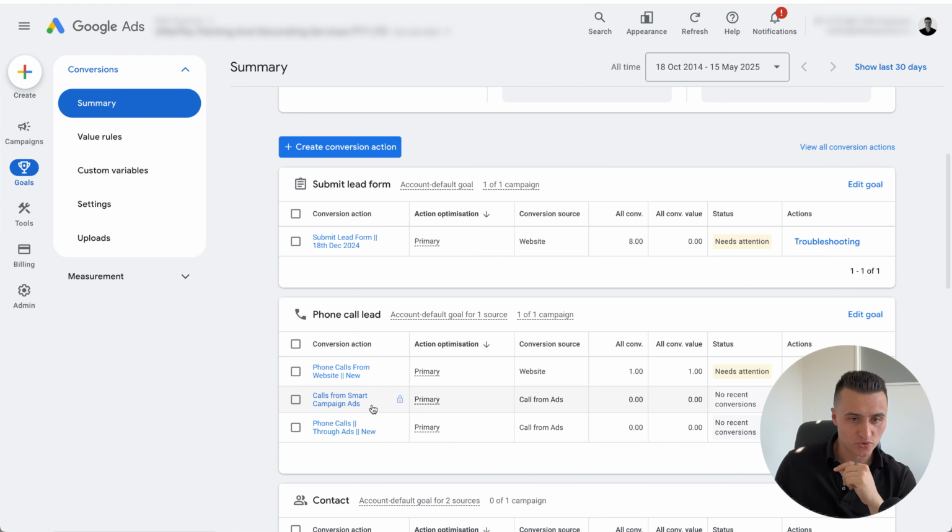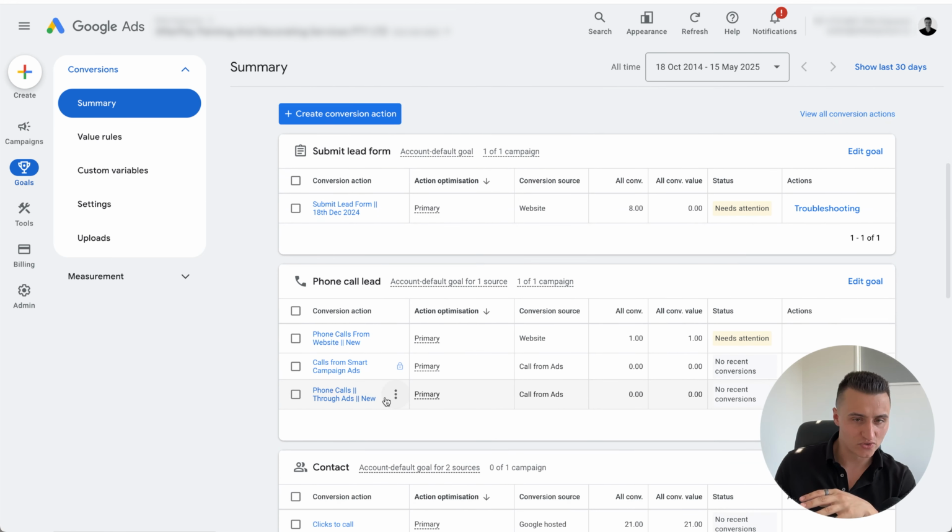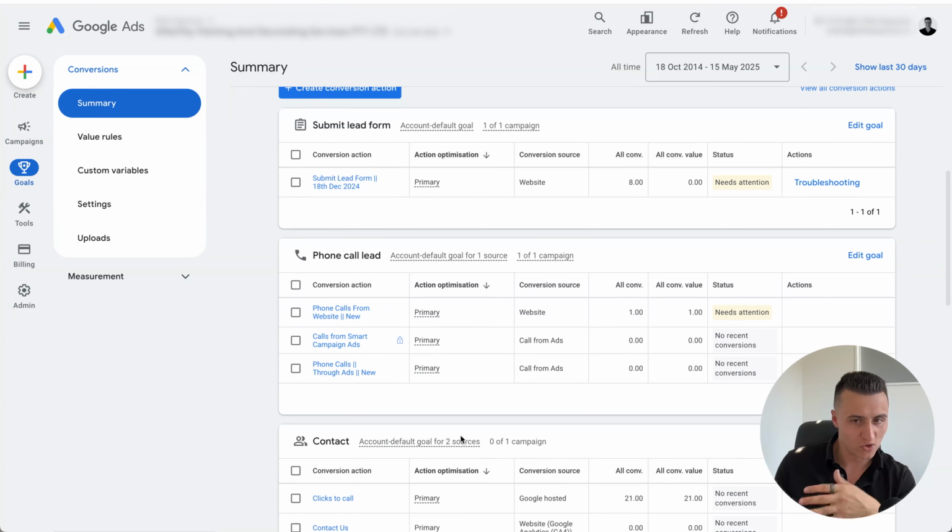Next, we've got calls from smart campaigns. Now we never want to run smart campaigns. They don't give you enough control. So I'm going to disregard those. And we've got phone calls through ads, which is great, but